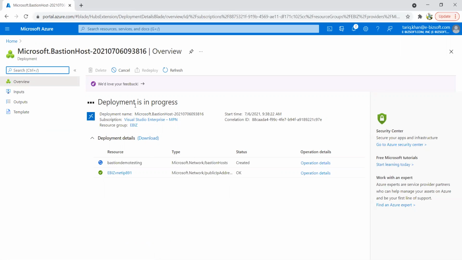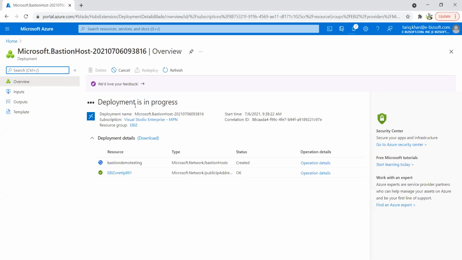It's not a very complicated process when we talk about securing our remote connectivity. Within a few clicks, you can easily create Azure Bastion, and your virtual infrastructure will be completely secure when you are making any kind of remote desktop connectivity.